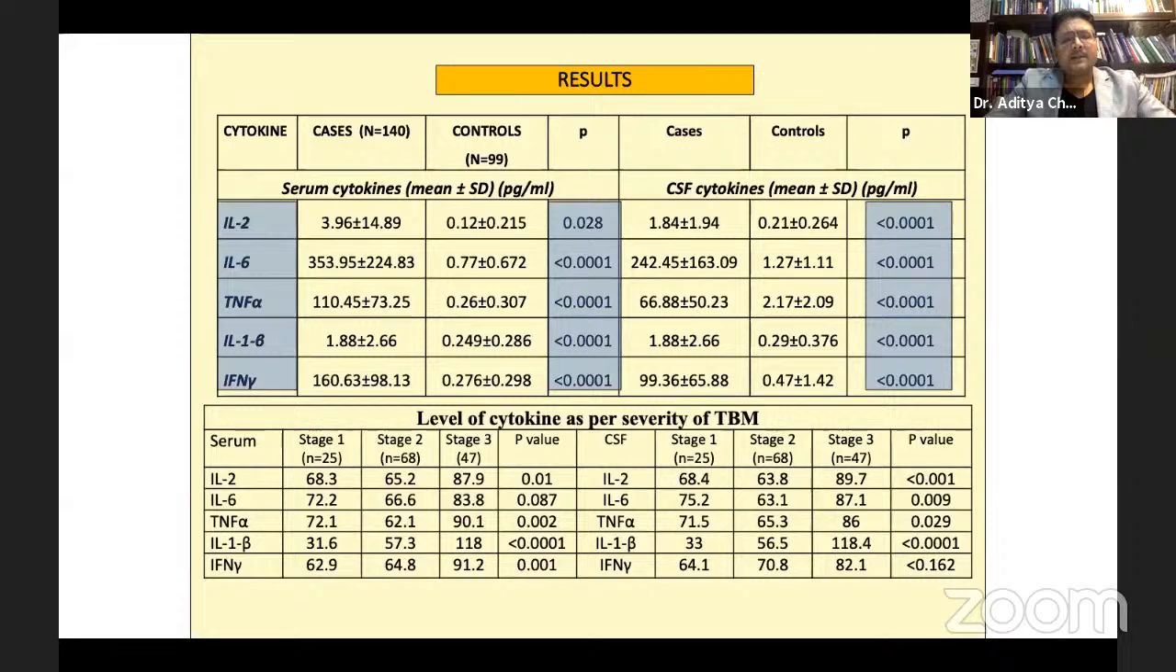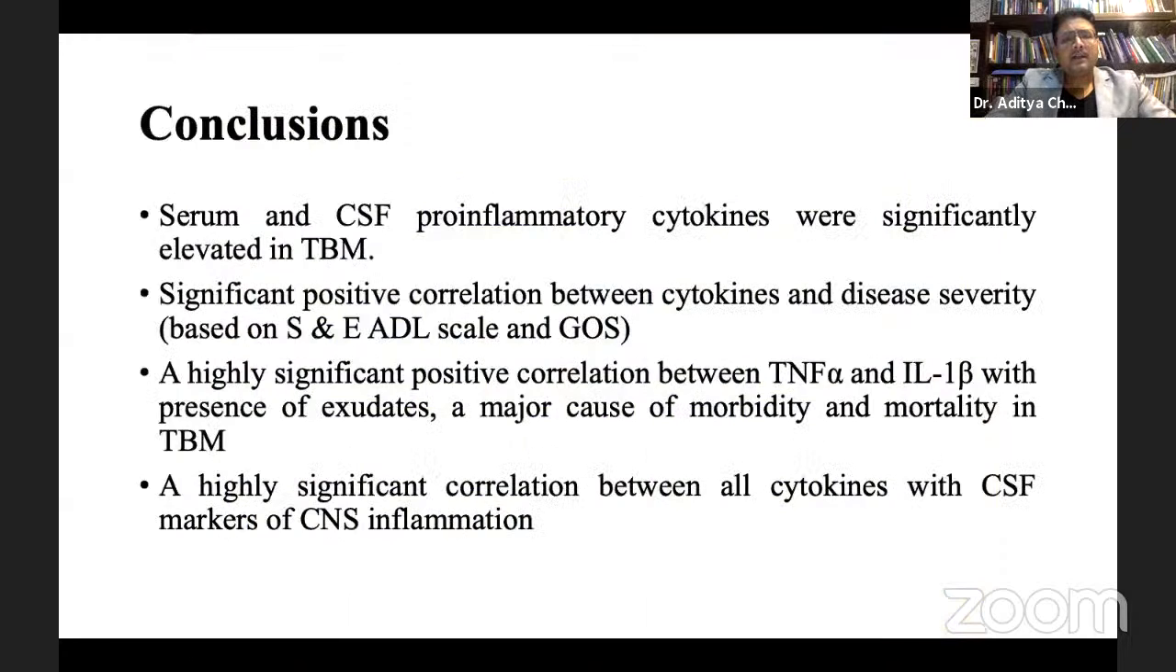As per the severity of TBM, we also saw that the values of the 5 interleukins actually varied with the severity. It is clearly seen that interleukin 2 levels rose from 68 to 87 when the clinical severity of the disease changed from stage 1 to stage 3. Similarly, interleukin 1 beta also had a rise from 31.6 to 118 once the severity changed from stage 1 to stage 3. So all in all, we concluded that serum and CSF pro-inflammatory cytokines